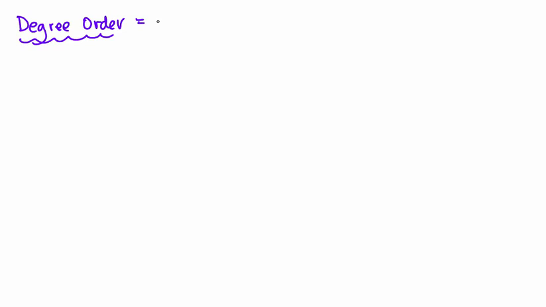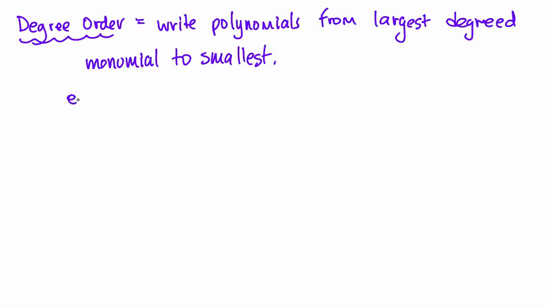So they agreed upon a convention where they would write the biggest degreed term first down to the smallest degreed term, which is the constant, last. So in a lot of examples, that's not going to be too hard. So if I just give you some random numbers here,